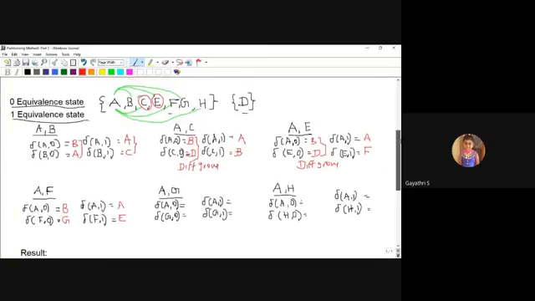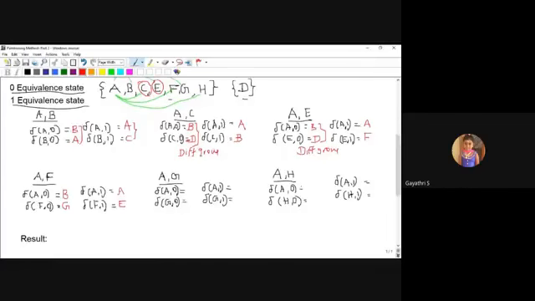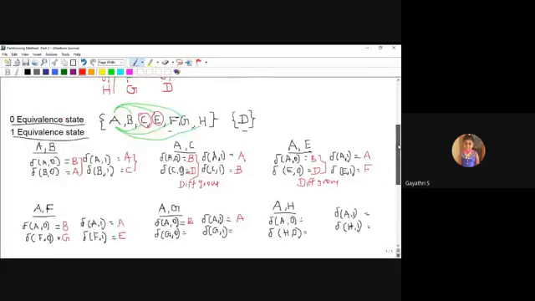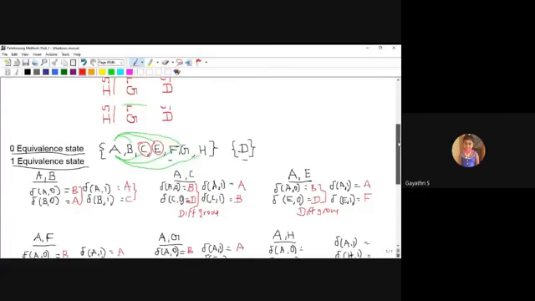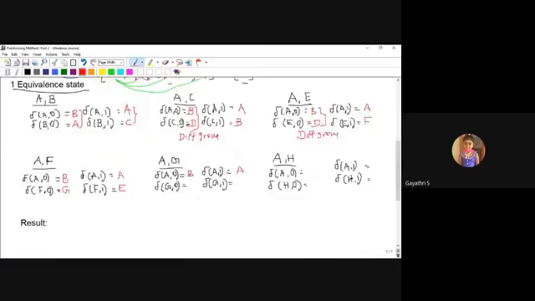Next AG: A on 0 is B, A on 1 is A, G on 0 is F, G on 1 is G. Check BF, which is in the same group.